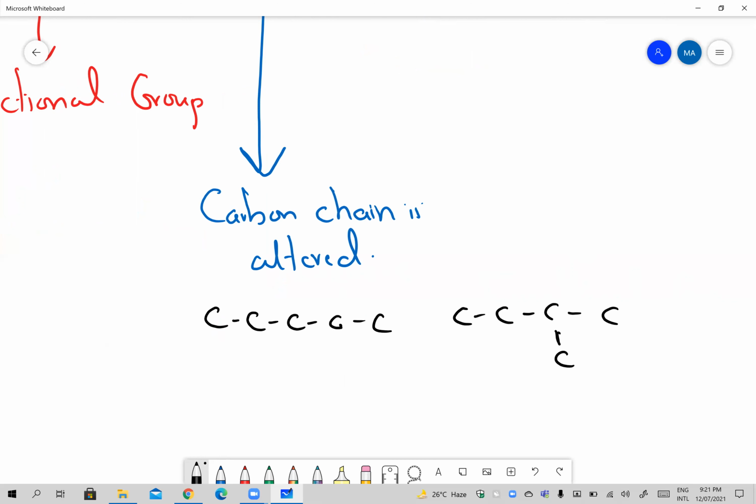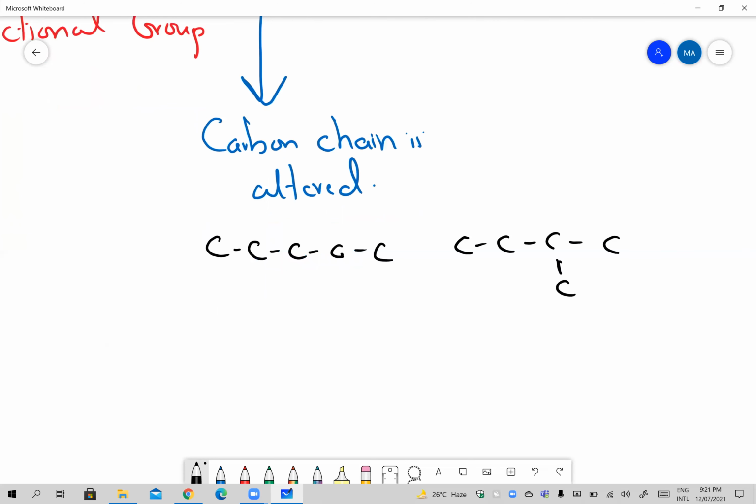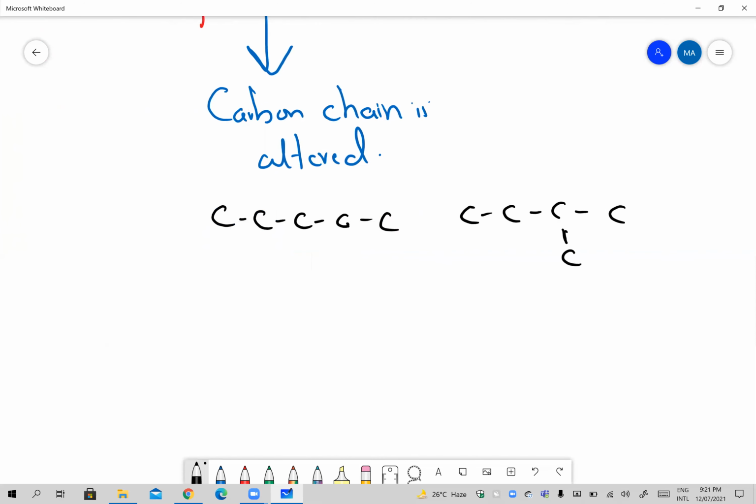Initially in the first compound, there was a main chain of 5 carbons, but in the second molecule here, the main chain only has 4 carbons, and there is 1 branched carbon here. So these are known as chain or branch isomers. But if we look at an exception here,